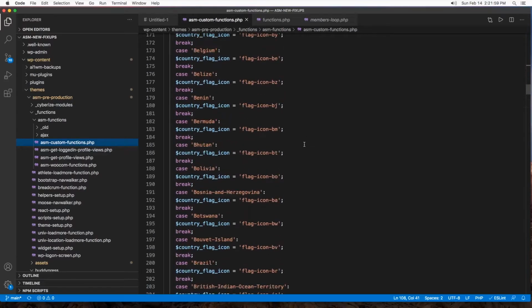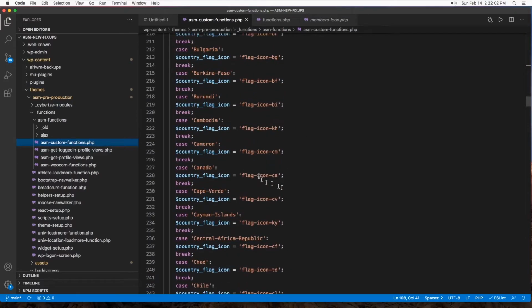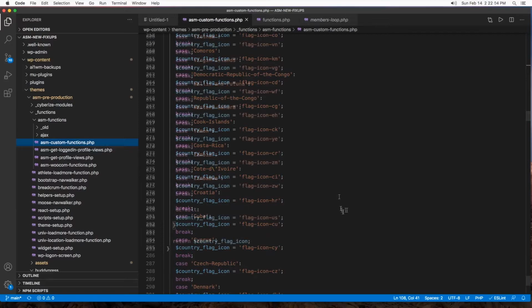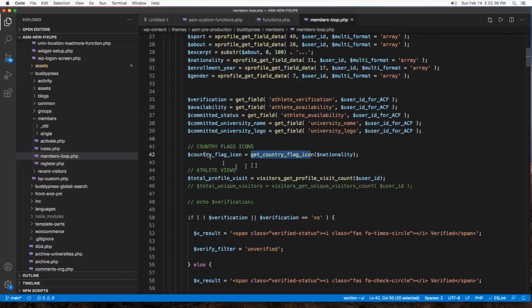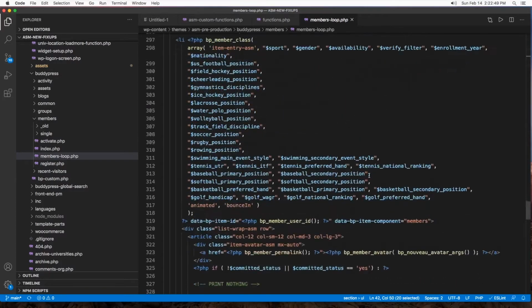Here I painstakingly put down all 200 countries, and in the end it returns that variable with this text in it, which reflects the country or nationality. And once we get that, notice this variable, I mean this text, we get a return on this member loop, put it inside this variable, the country flag icon, and then we go down to right here,